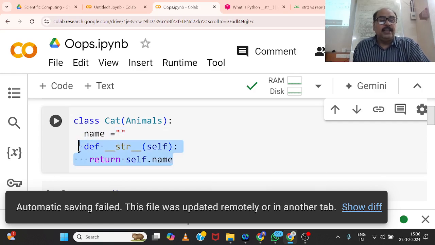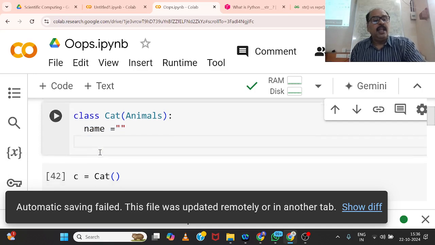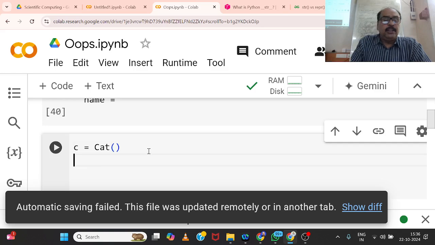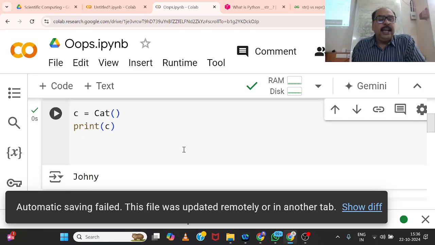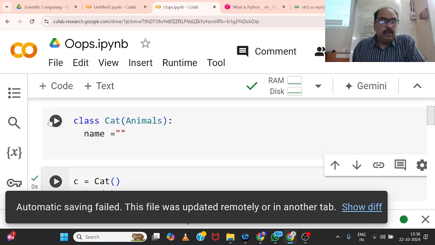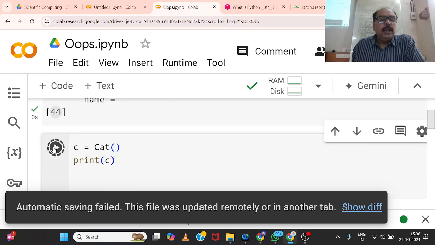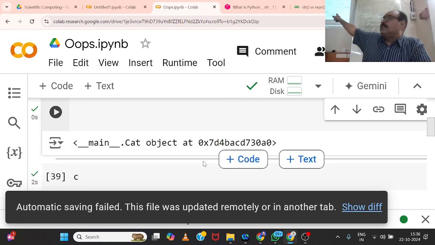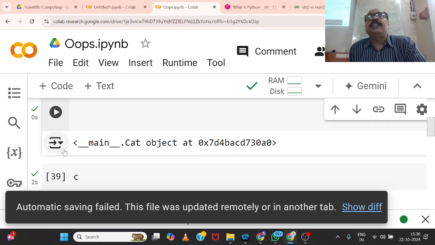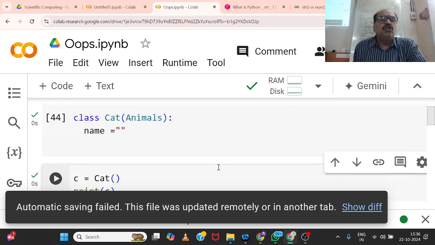Now I'm not having this here. I'm just removing this. I'm creating an instance for cat as c, and I am running this. When I run this, I'll get the object. So here I am getting an object instance returned, but I want this to be in a human readable